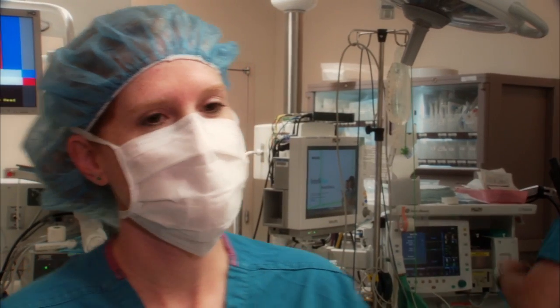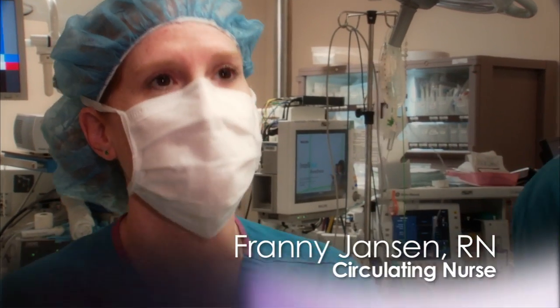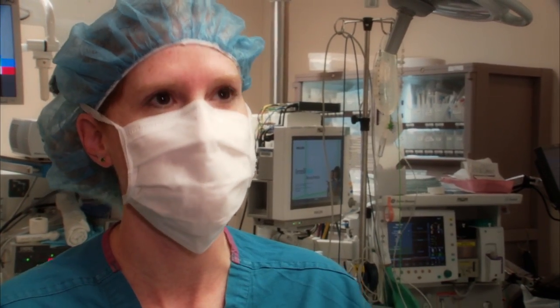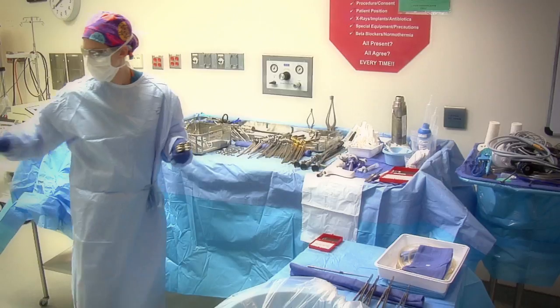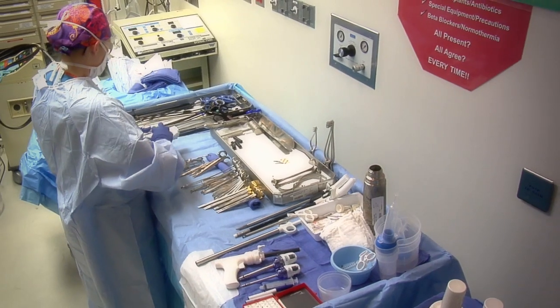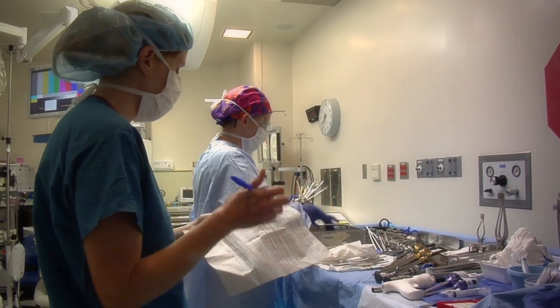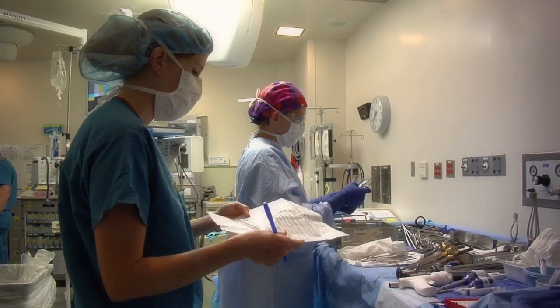The surgery we're going to see today is somebody giving the best gift that they can to someone else, and it's just an amazing thing to be a part of. During the week, I scrub, usually in this room, doing the laparoscopic donor nephrectomies. I pull all the supplies that are going to be used to establish the sterile field. I open them all up, set up the table, get all the instruments together, and get the room ready for